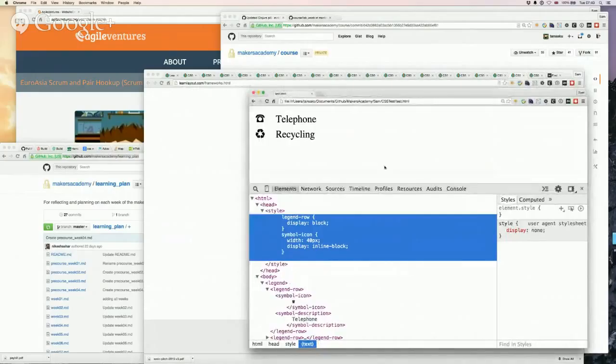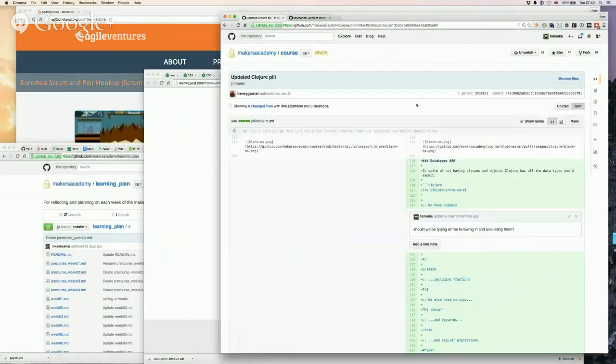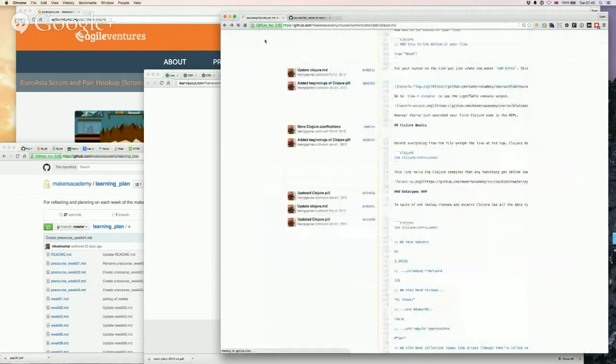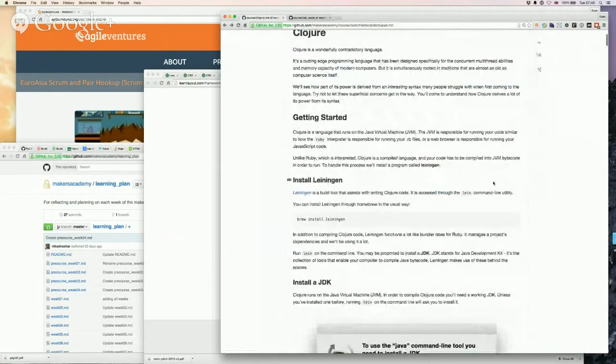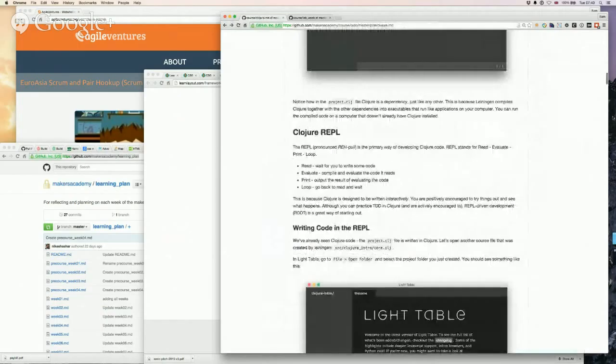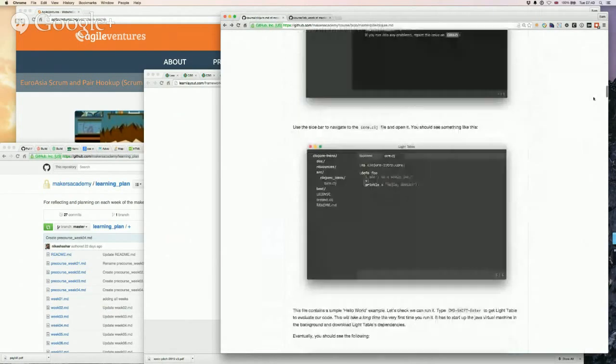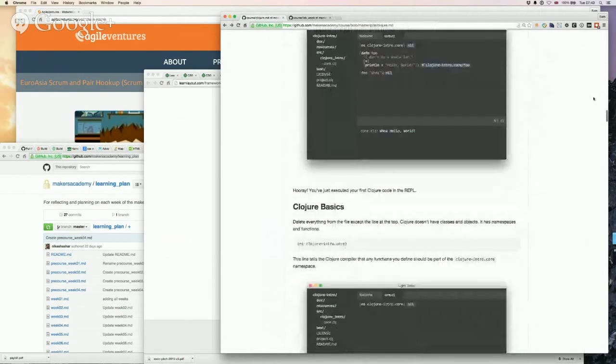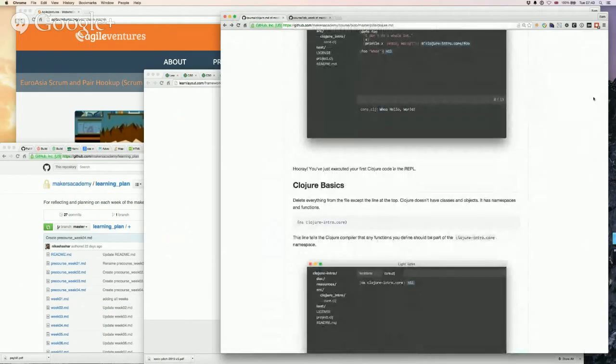But today I'm devoting to Clojure, actually. That's the Lisp-like language that runs on Java. And so my friend and colleague Henry has written a Clojure pill for us, and he's actually in the process of publishing a book on Clojure and data analysis. So depending on my time today, I'm hoping to work through the first couple of chapters of that. So that's going to be my focus today.